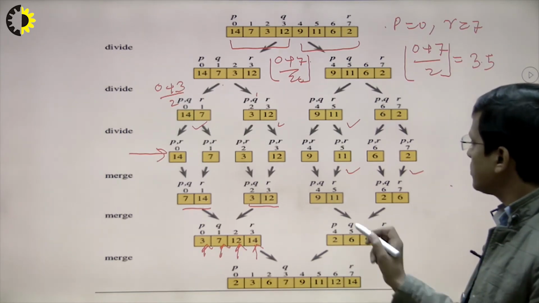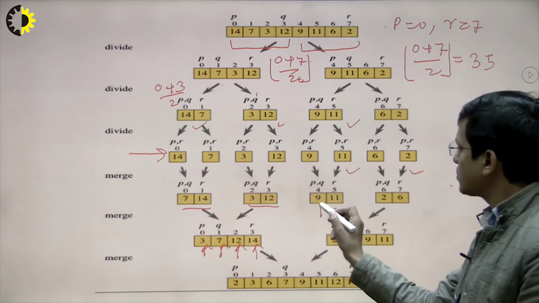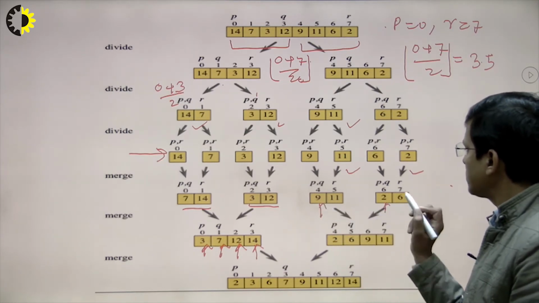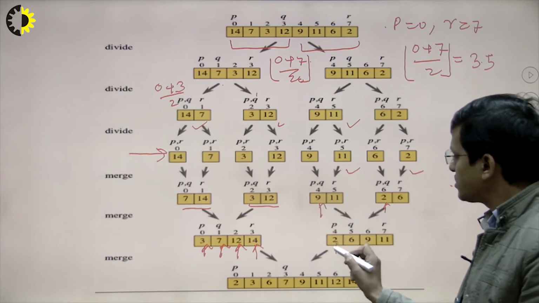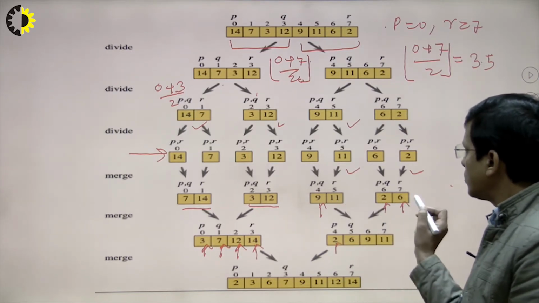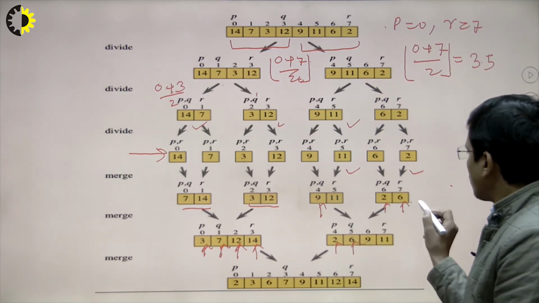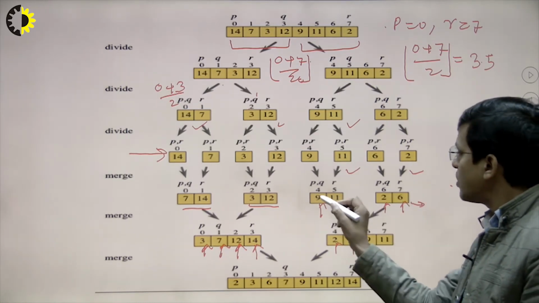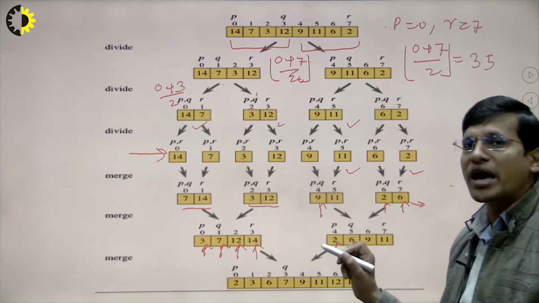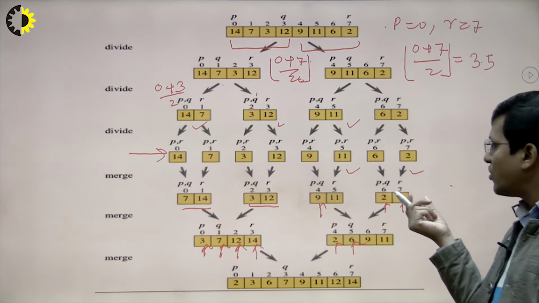Similarly we can see here 9, 11, 2, 6. Which one is the smaller? First of all we compare with this index, so 2 is smaller, so 2 will become first. And now we have to compare 6 to 9. Here 6 is smaller than 9, so 6 will come first, and after that we don't have any element, so we just have to place all the elements without any comparison. There is no comparison because we don't have any element after 6, right.